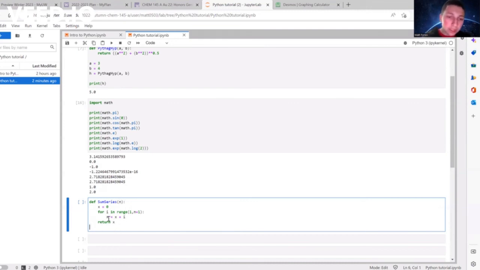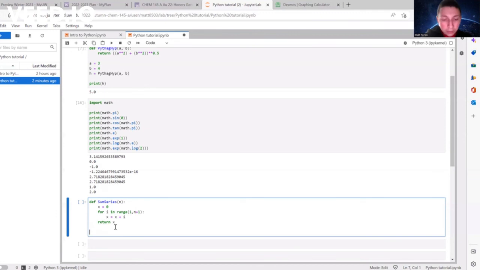So what this function does is it adds i to x every time. We started at x equals 0. So what this does is it takes x, then it adds 1. Then it takes the new value of x, which is 1, then it adds 2. Then it adds 3, then it adds 4. So basically you get 1 plus 2 plus 3 plus 4 plus 5 plus 6, and etc., until whatever we want n to be.